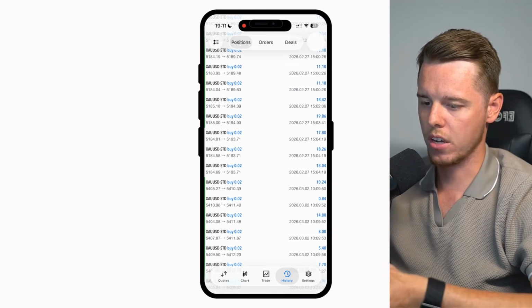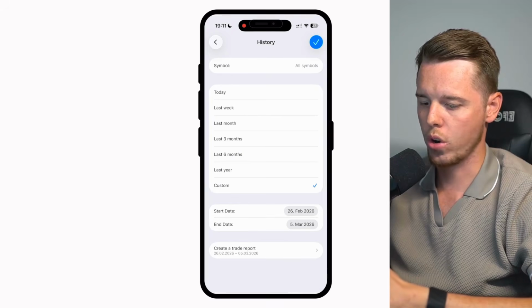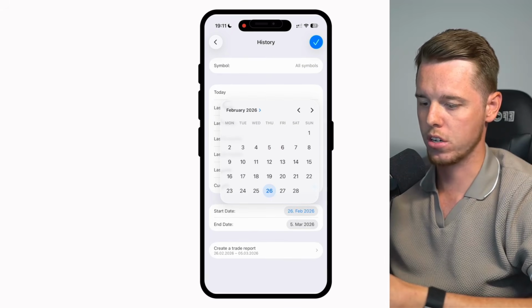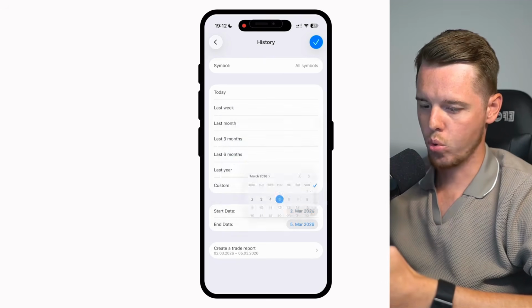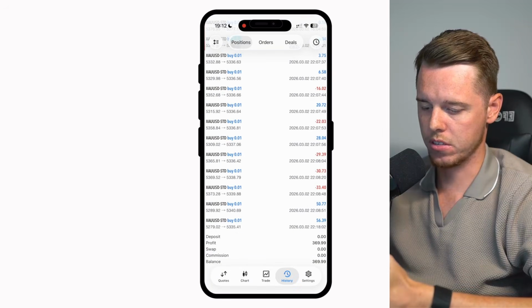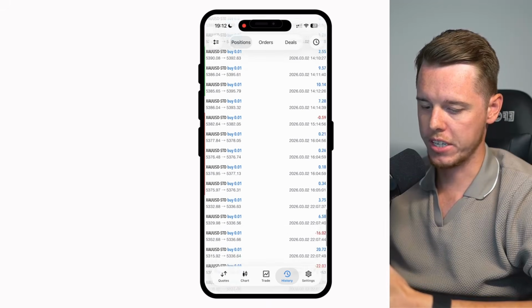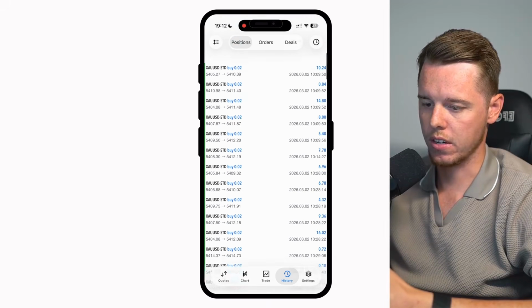You can also set the time and choose to display, for example, only today's trades, or even a custom range. That means, for example, I might want to display only Monday to Tuesday or just Tuesday. I think I definitely traded on Monday. I'm pretty sure I traded on Monday on this account. Yes, you can see that here, for example. We made a few trades on Monday. For example, I didn't deposit anything that day on that Monday. That's why we didn't have